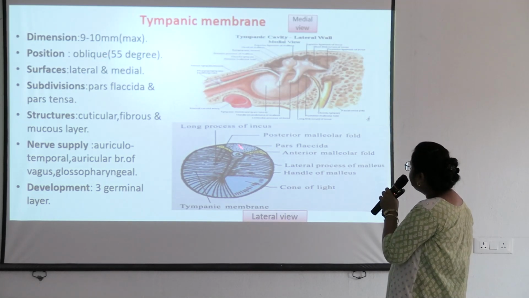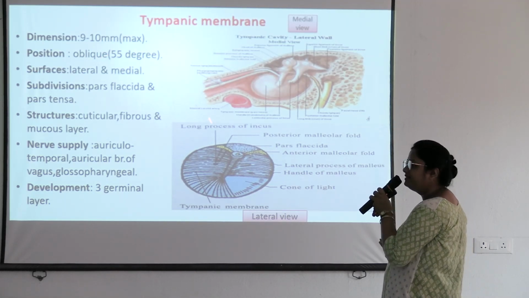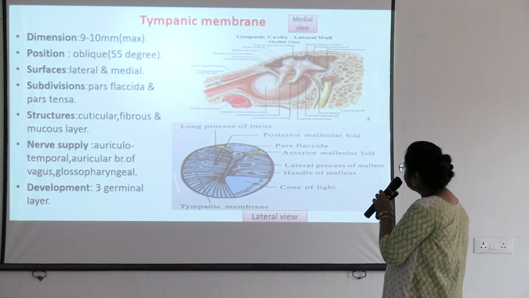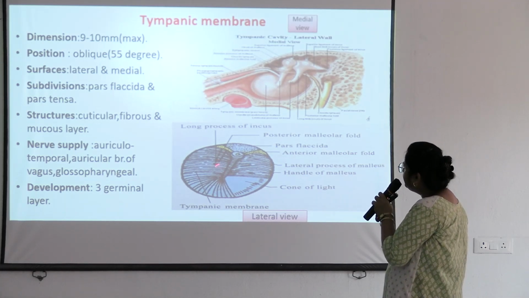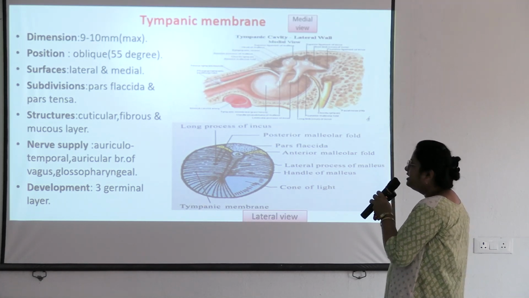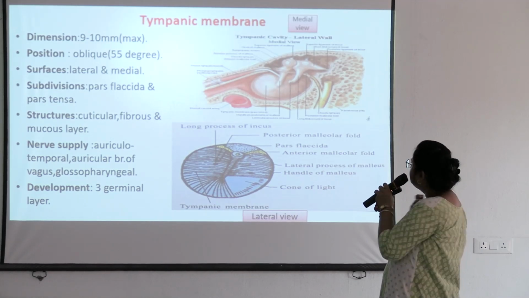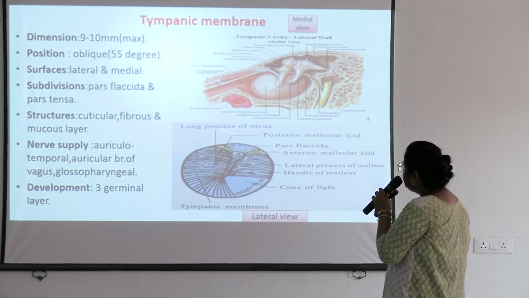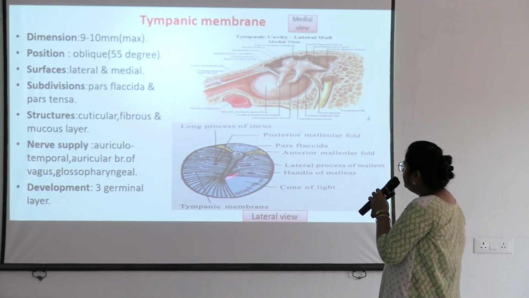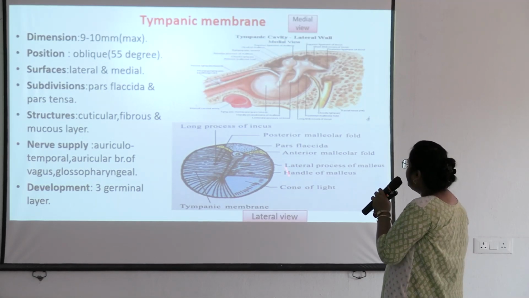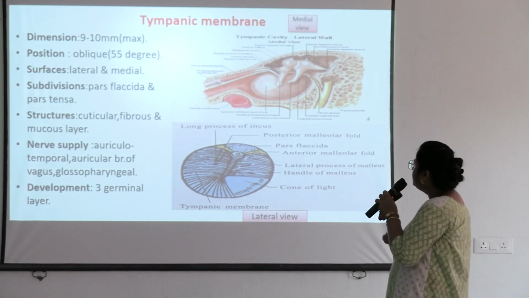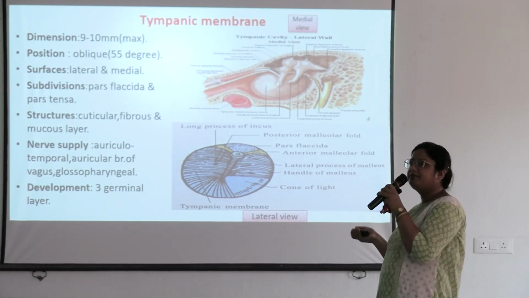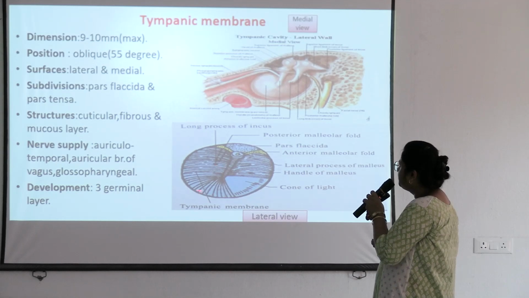See this small part above, this is known as pars flaccida and this part is pars tensa. Okay, and here the handle of the malleus is attached and it is forming a depression near the middle that is known as umbo, and if you project light into the external ear canal, light will be projected in the antero-inferior quadrant. Okay, and the incision over the tympanic membrane during myringotomy, for release of pus from the middle ear, is given in the posterior-inferior quadrant here.